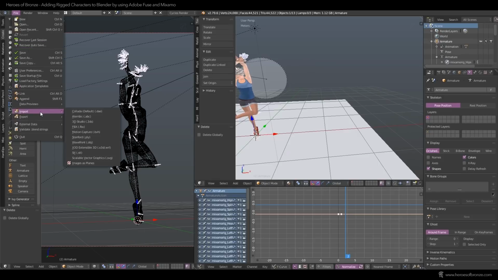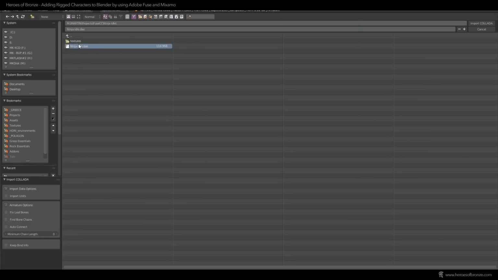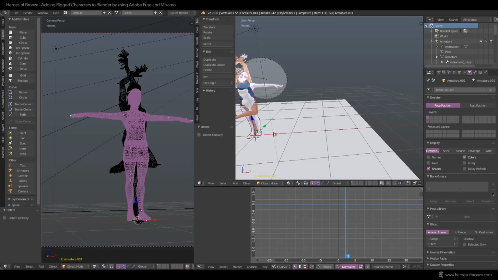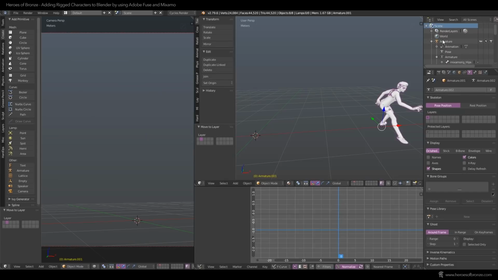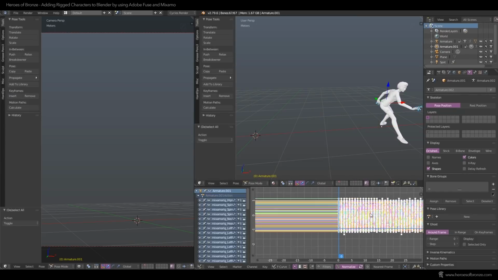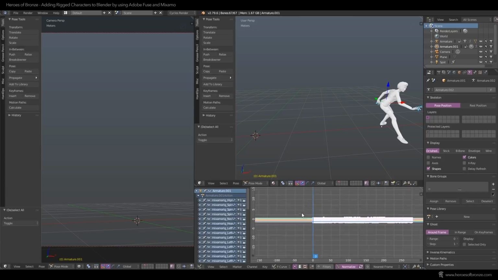Back in Blender, all you have to do is find the newly downloaded model, import it and put it on an extra layer by hitting M and then choosing a different socket. Here you just select your imported armature and in Graph Editor hit Ctrl A, selecting all the keys. Then just hit Ctrl C to copy them.